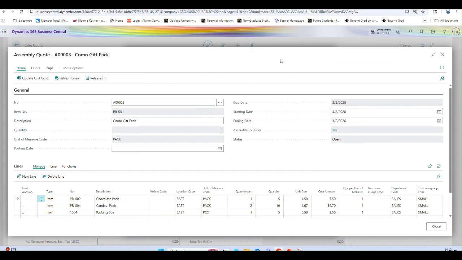This is the assembly code, not an assembly order, because the sales code is designed to estimate the pricing of the item which we are going to sell to the customer. You can see the item unit cost and total cost showing over here, right?